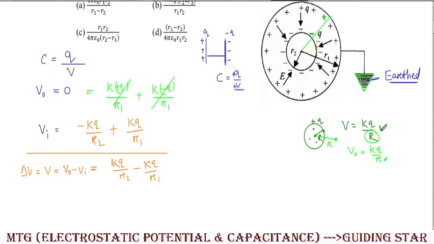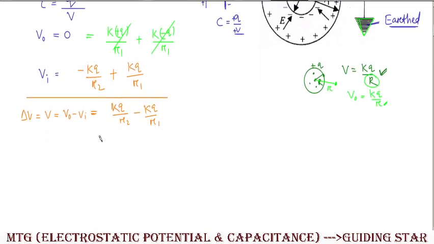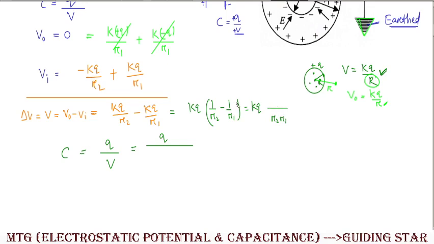Clear? So this is the potential we got between the plates of the spherical capacitor. Then what will be the capacitance of the plates? Capacitance C equals Q upon V. So in this particular case, if I take KQ common, it will be 1 by R2 minus 1 by R1. Taking the LCM, it will be KQ into R2 R1,